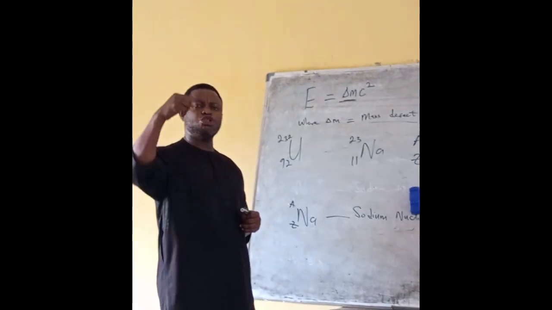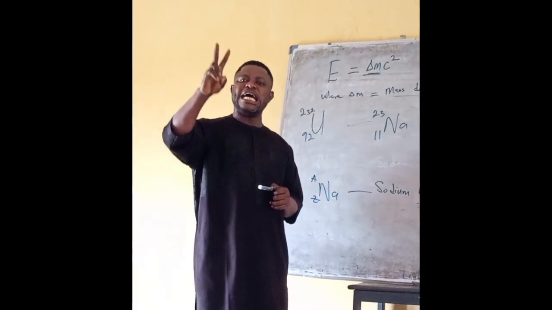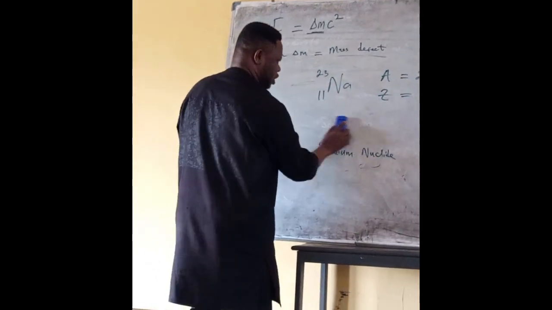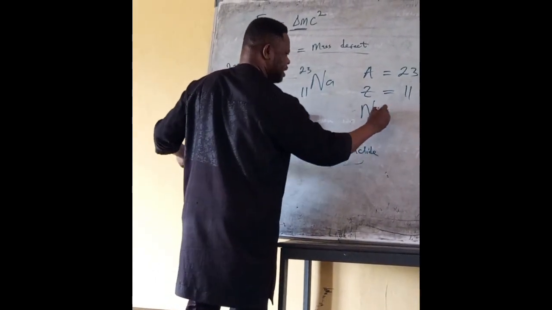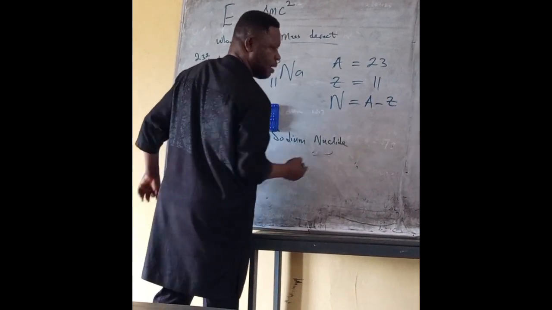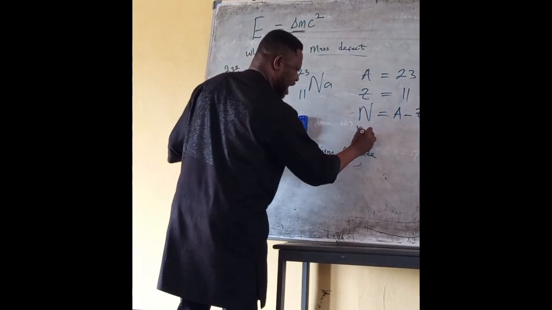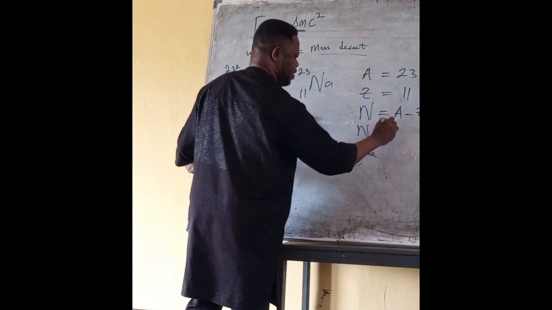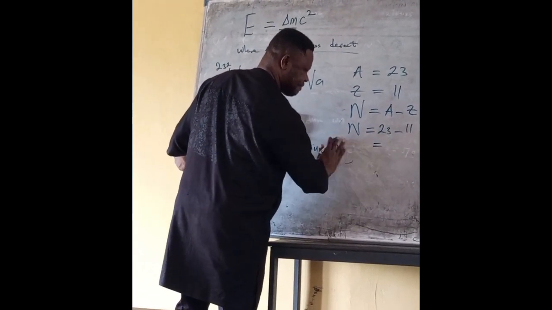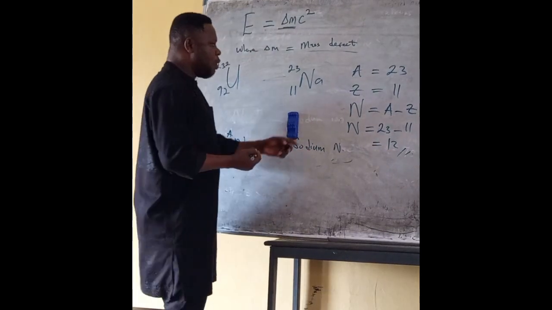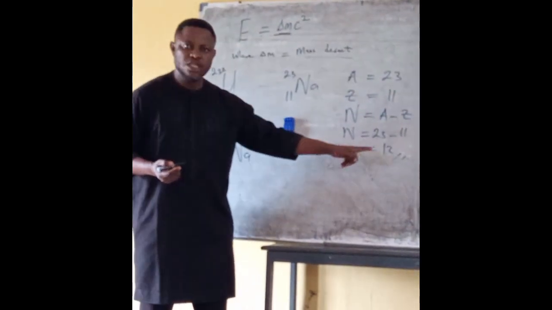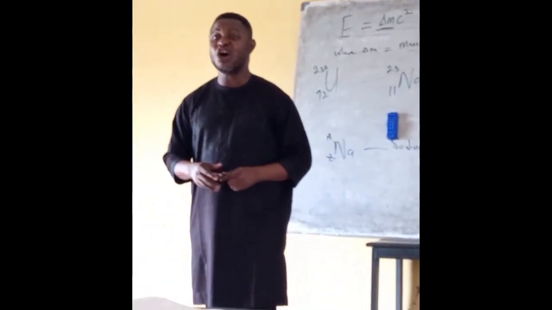To find the neutron number, because there are two particles in the nucleus, N will always be given as the mass number A minus the atomic number Z. So N is 23 minus 11, which is 12. The number of protons is 11 and the number of neutrons is 12. That nuclide is